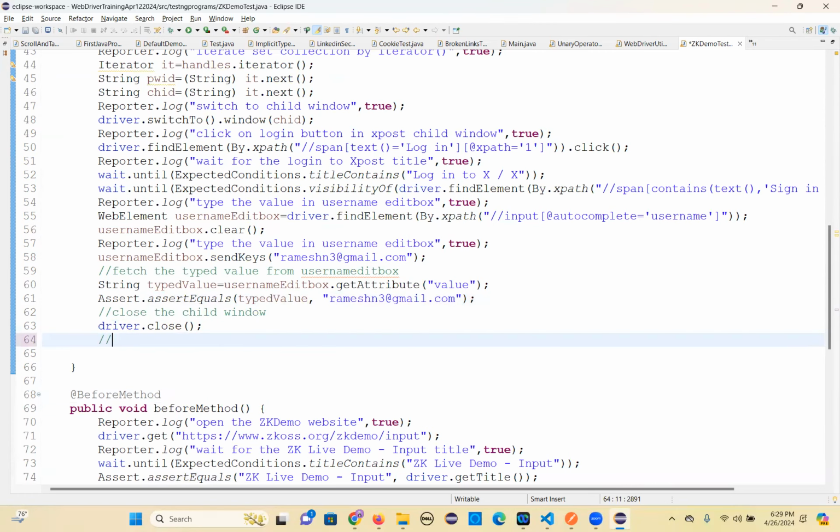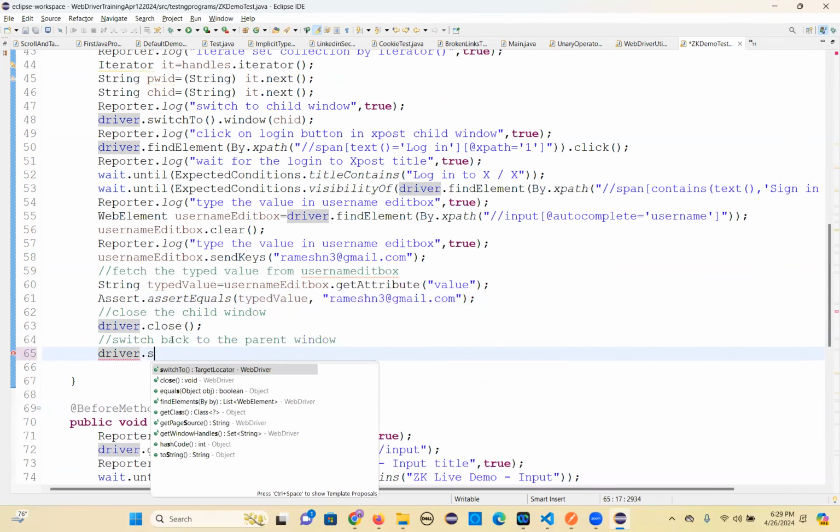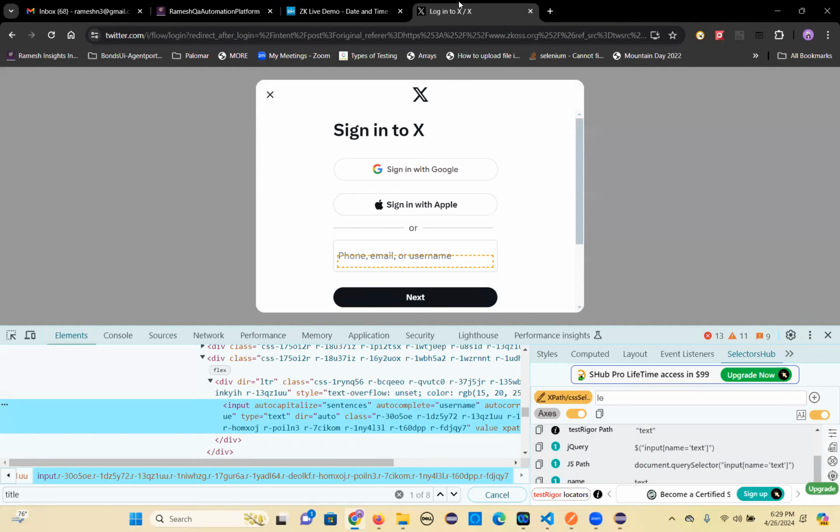So now you need to switch back to the parent window. How can you switch back to the parent window? Driver dot navigate dot switch to navigator? No, why navigator? No, switch to only. There is no navigation, not in the same browser. You are going from this window, you're closing this